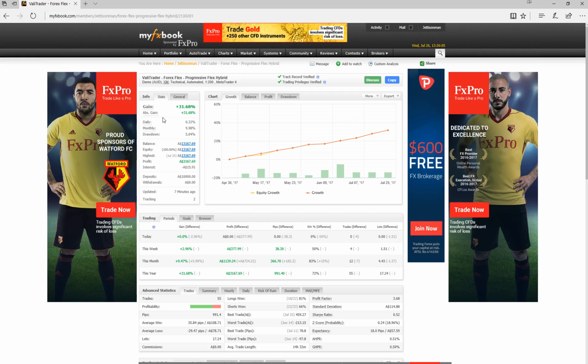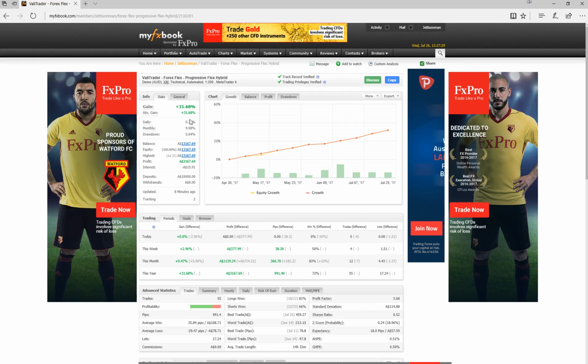One thing I've noticed about this one is that it's extremely safe. It doesn't open many trades. We've only seen 55 trades in total since the end of April. So it's probably opened a dozen baskets of trades and is currently up 31.68%. If you're new to the Forex Flex idea, Forex Flex is